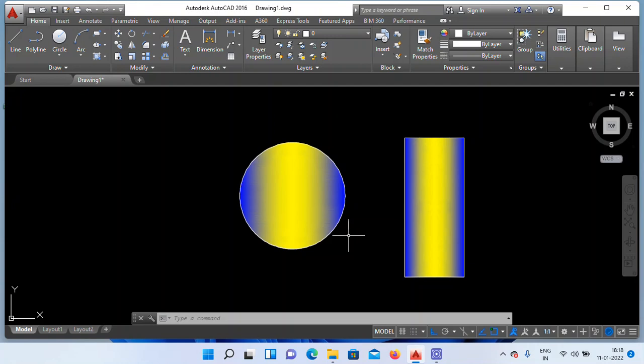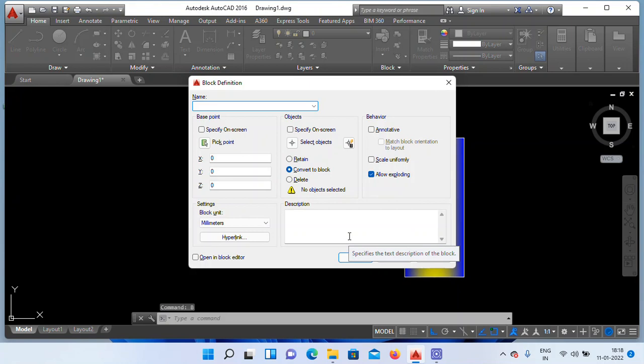Apply B, right? Type the name of the object which you want to keep in the block. Now I am keeping the round glass in the safe location. Round glass. Click on Select Object.